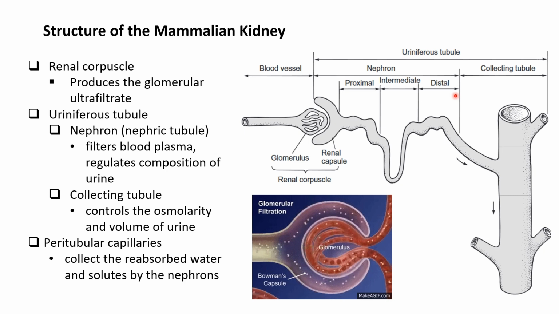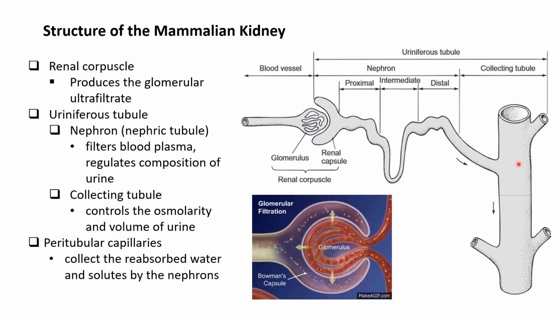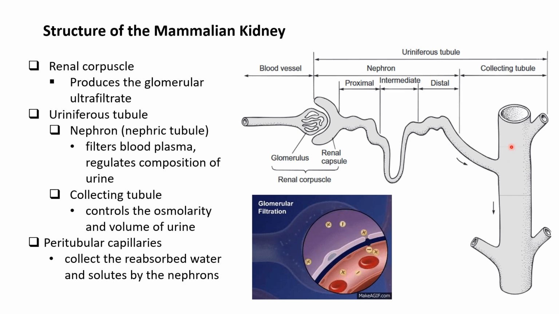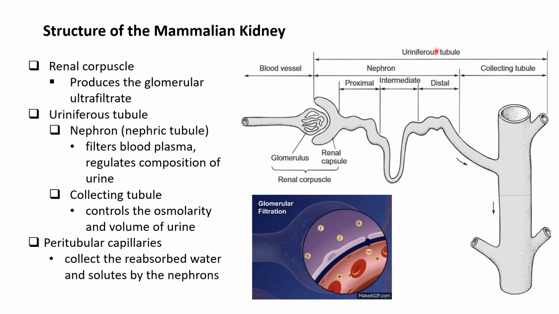Now let's look closely at those uriniferous tubules. The uriniferous tubule is the functional unit that forms urine. It's divided into the nephron, or the nephric tubule, and the collecting tubules, sometimes called the collecting ducts. Now, the proximal end of the nephron is expanded into a cup-shaped structure called the renal capsule, sometimes called the